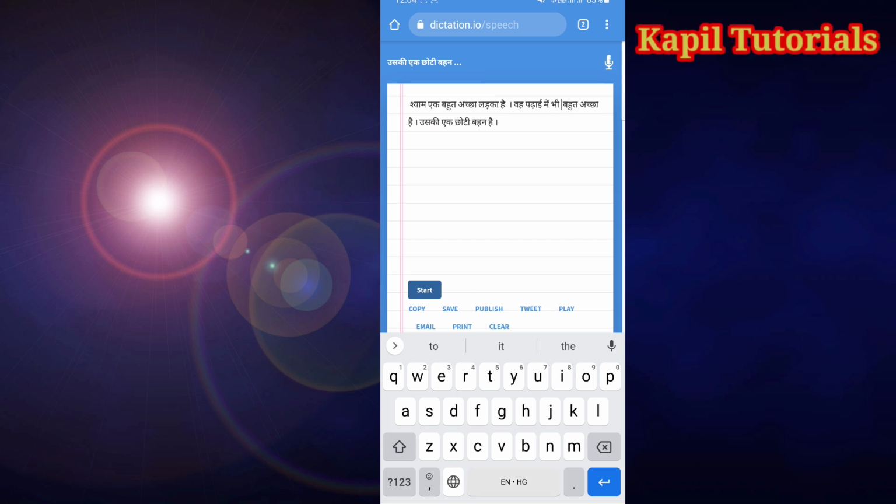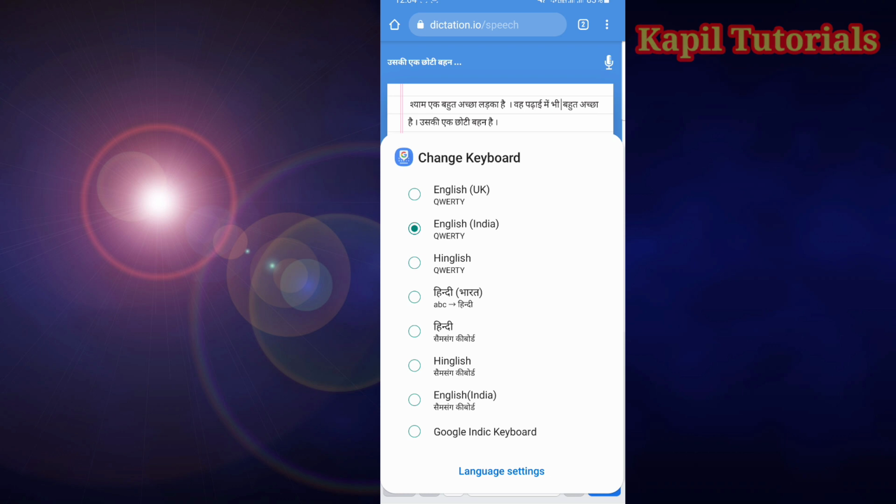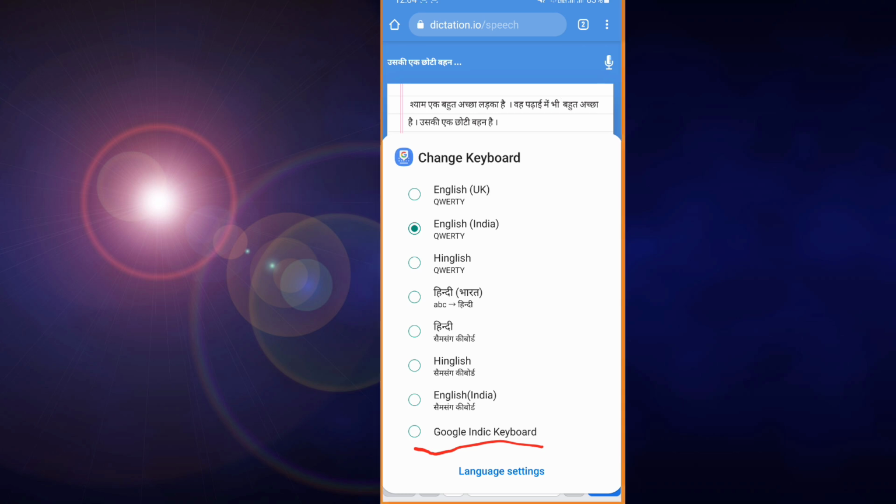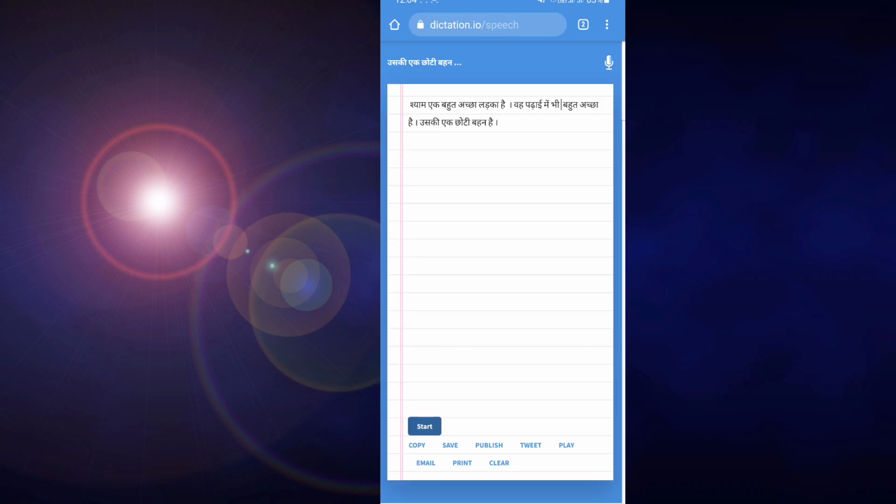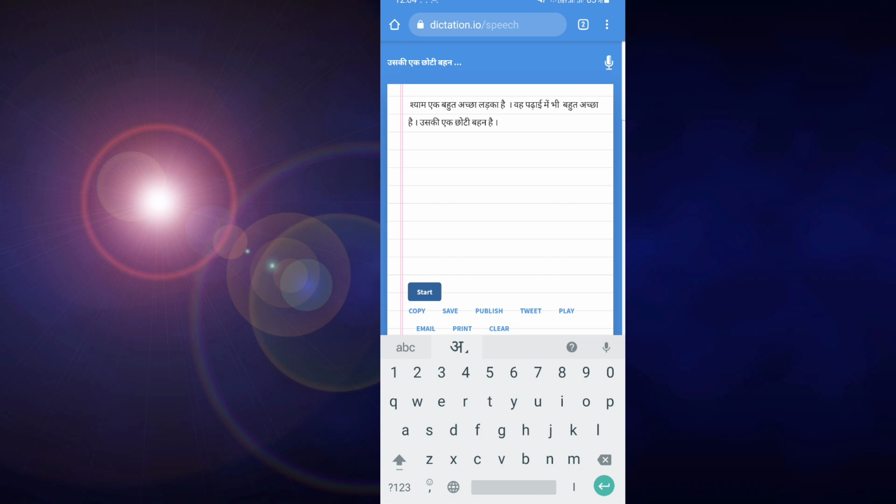And for that, suppose I already have Hindi installed on my mobile, so you can use it, or you can use Google Indic keyboard that is available on Play Store. So you can use this. If I want to change anything, this is my Google Indic keyboard.